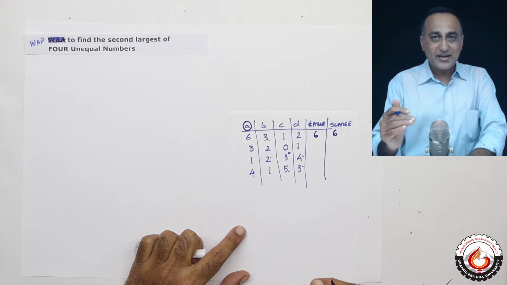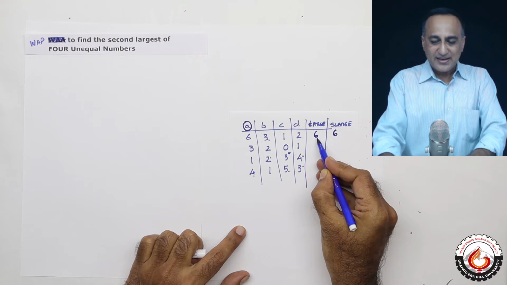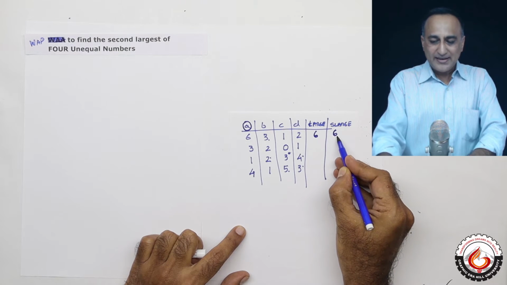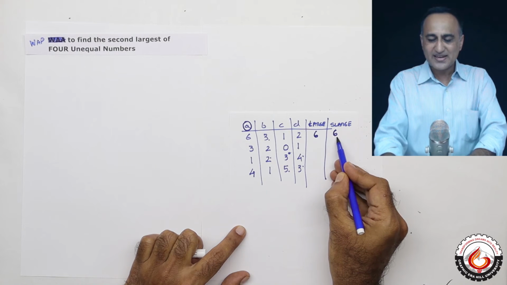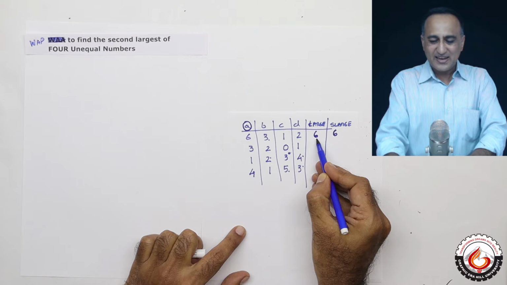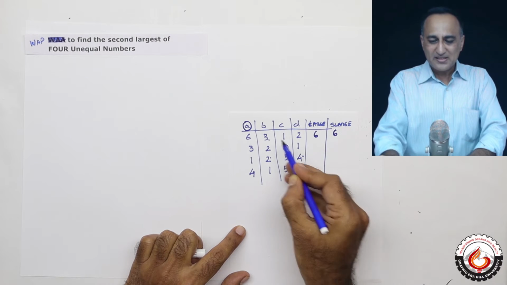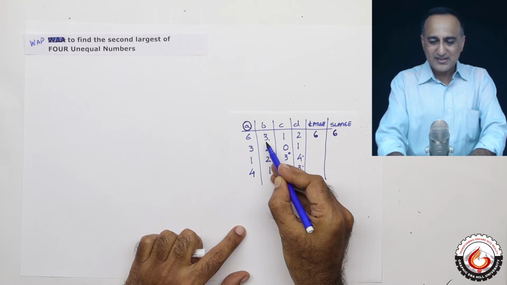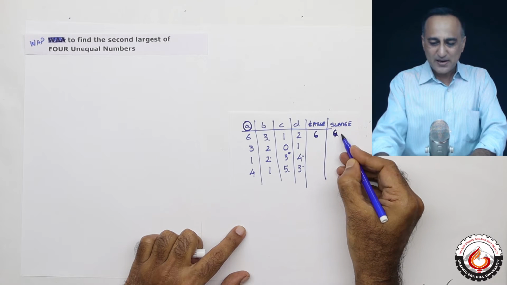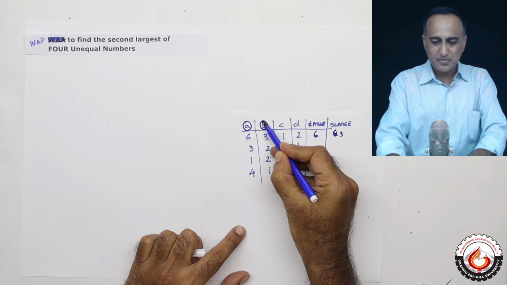Now, next when I take a look at B, B can be either greater than the large or it can be lesser than the second large, because right now both the large and second large are the same. Suppose B is bigger than the large, then I will replace this with B. Suppose B in this case, for example, is smaller than the second large. So in this case, my second large would have been 3. Now I am done processing B.